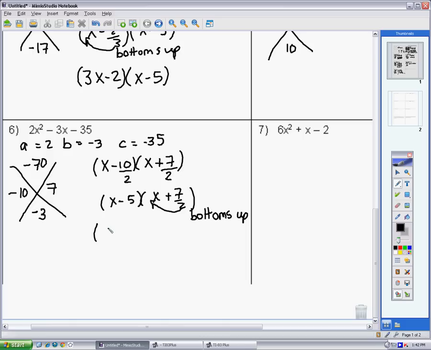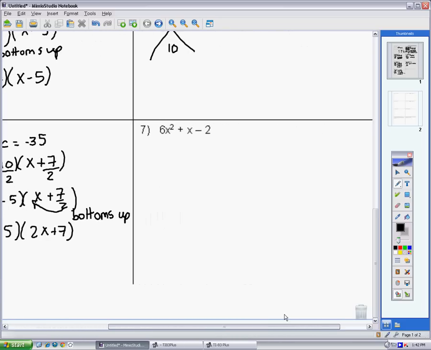So that leaves me with factors x minus 5 and 2x plus 7. And those are my factors for 2x squared minus 3x minus 35. Number 7,